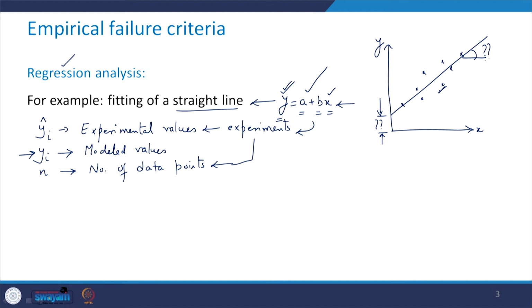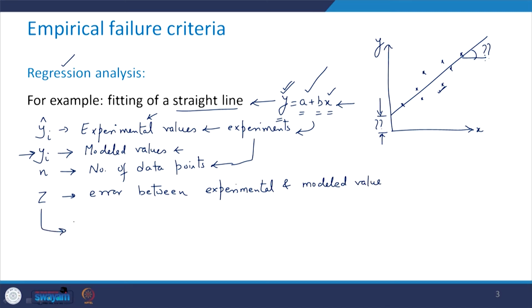When the error between the experimental value and the model value will be minimum. So I define another term z, that is the error between the experimental and the modeled value,